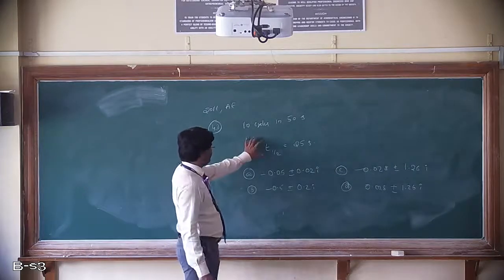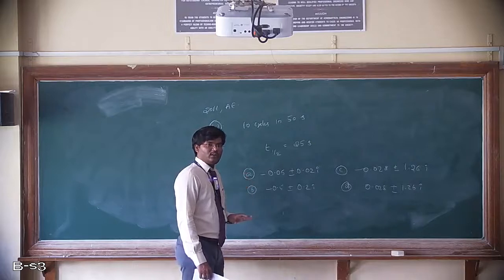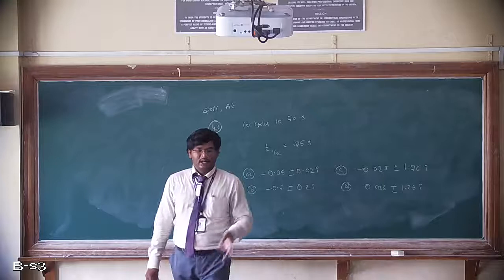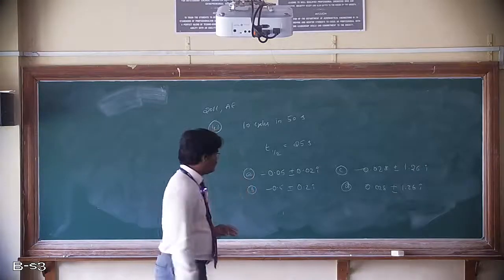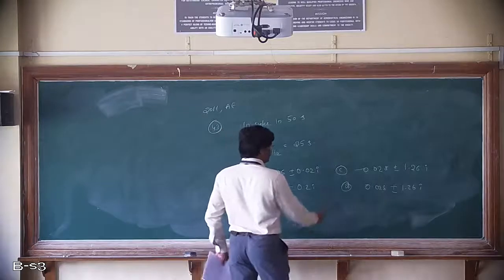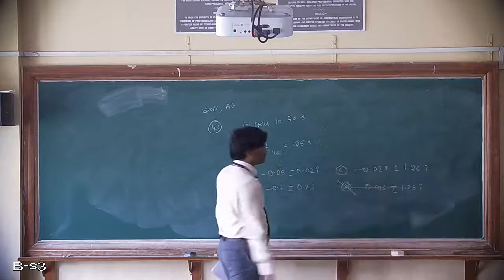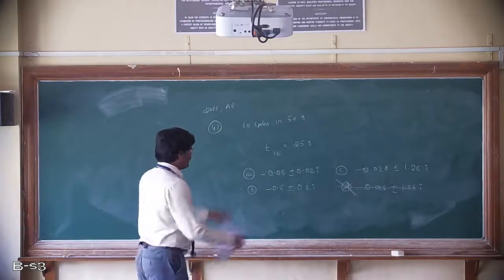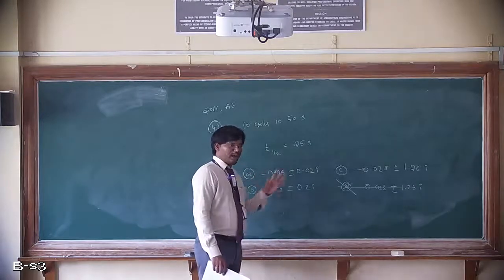These are the 2 given conditions. Are you getting? Yes? How will you solve this? First of all, this is related to Phugoid mode. For Phugoid mode, we can say the roots are complex conjugate and the real part is always less than 0, that is negative. So you can remove option D.